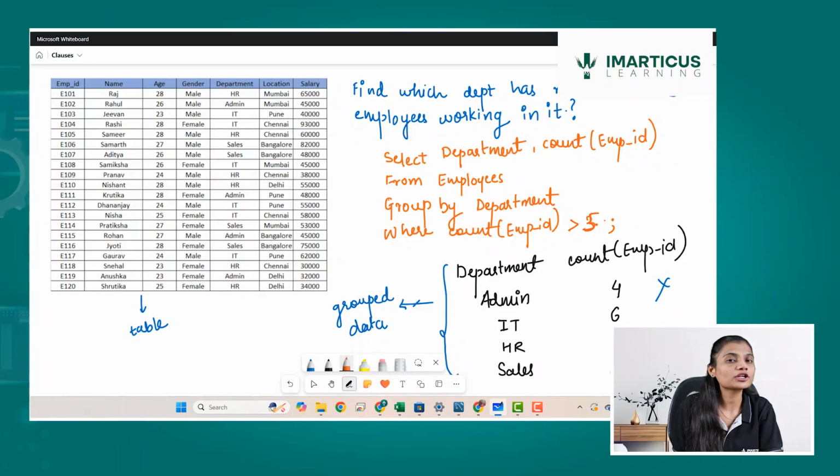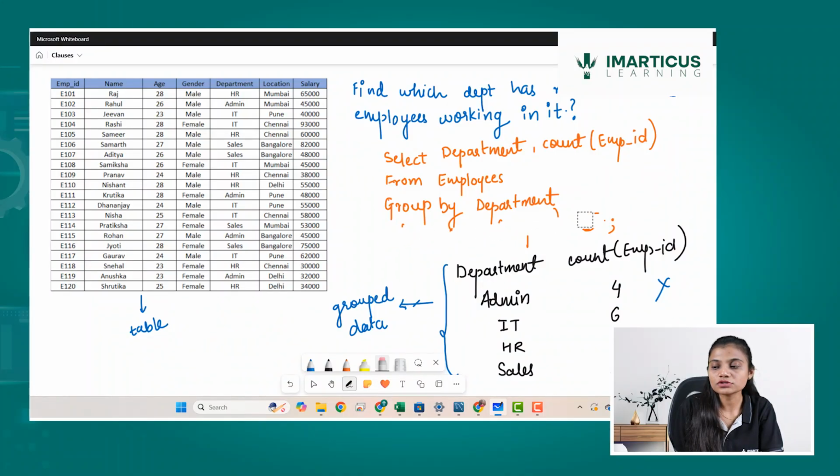Why? Because the where clause should always be implemented before the use of group by, not after it. So this will show a positional error or a syntax error, because where cannot be written after group by. And one thing to remember with where clauses: where will never filter aggregated data. So this as a condition will never be used, and the where clause will never be sufficient for us here.